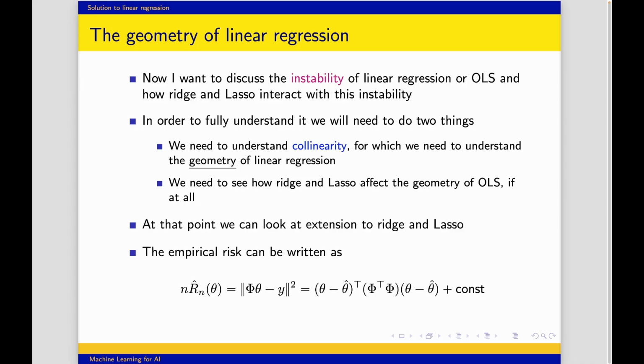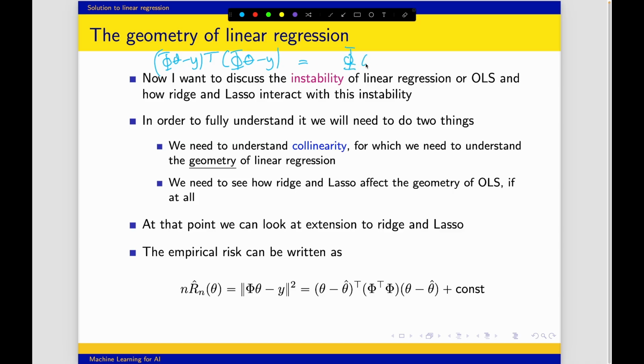Okay, so let's start with looking at the empirical risk, rewriting it. I want to rewrite it as follows. So n times the empirical risk is this quantity here. Now, what is this quantity? Well, let me write it up here. So this is phi theta minus y, dot product of that with itself, phi theta minus y. And what's this going to give us? Well, it's going to give us